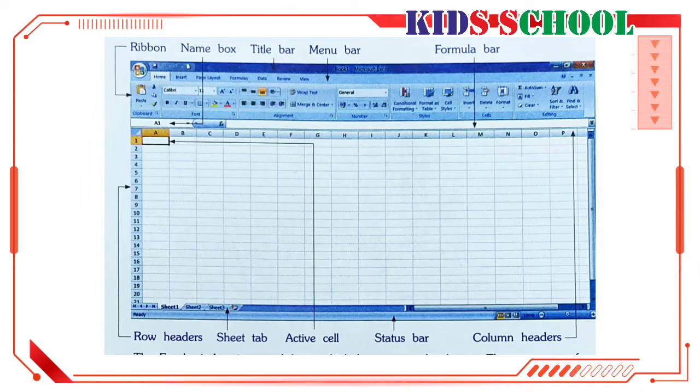The Excel window is a worksheet which has rows and columns. There are rows from 1 to 65,536 and 256 columns from A to IV. The intersection of a row and a column is called a cell. Every cell in a worksheet has its own unique address. It is the row and the column in which it is found. For example, if a cell is found in column B and row 7, its cell address will be B7.